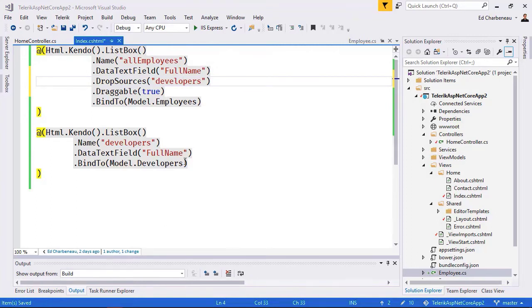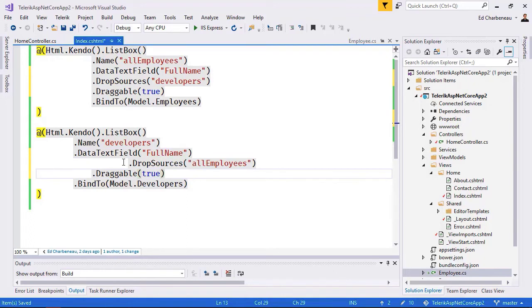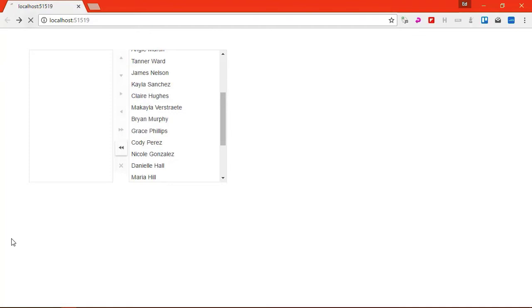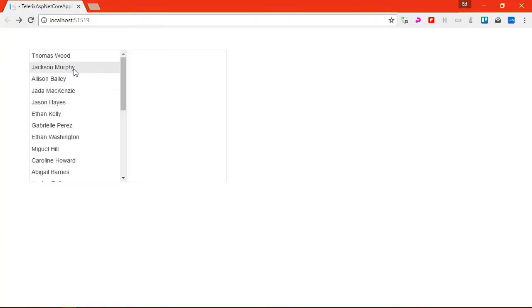And then on the reverse side, I'm going to say the drop source is all employees. And then on both of these list boxes, we'll set draggable to true. So I'm going to save this out and refresh our page. And now I can come in here and just drag these items right on over. And I can drag them back. So that's how easy it is, just with two simple properties, to set up a connection between two list boxes